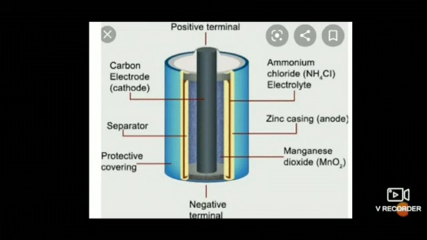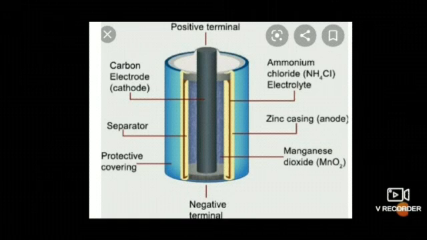Dry cell. The electric cells that are currently in use, the first one is the dry cell. This is the internal structure of a dry cell. A dry cell consists of a zinc, that is Zn, container whose base acts as a negative electrode. The carbon rod placed at the center with a brass cap acts as the positive electrode. An electrolyte is filled between two layers. The electrolyte contains negatively charged and positively charged ions. These are the carriers of electricity.